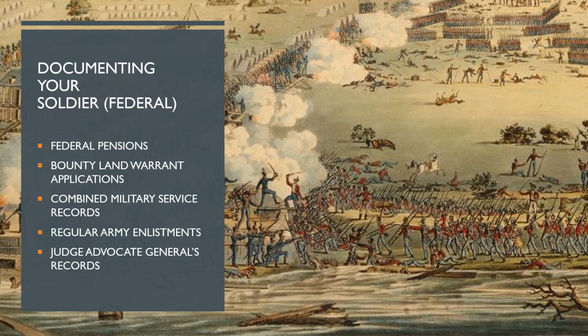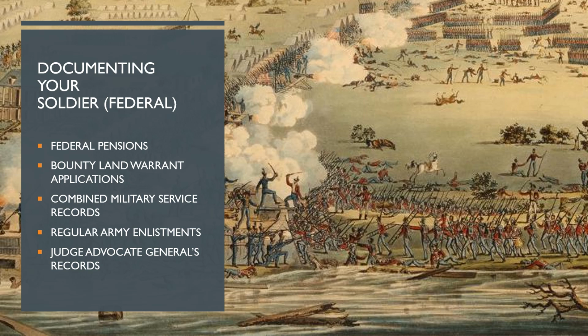Bounty land applications are also useful, though the returned land warrants themselves are of little use. Most soldiers did not retain or occupy this land, but sold the warrant to someone else, and usually that would be a speculator, just as in the Revolutionary War. The early grants were in military districts in Ohio, Missouri, and Arkansas. Many of the bounty land applications are combined into a pension file, but there are cases in which soldiers or widows applied for both, and they remain separate.